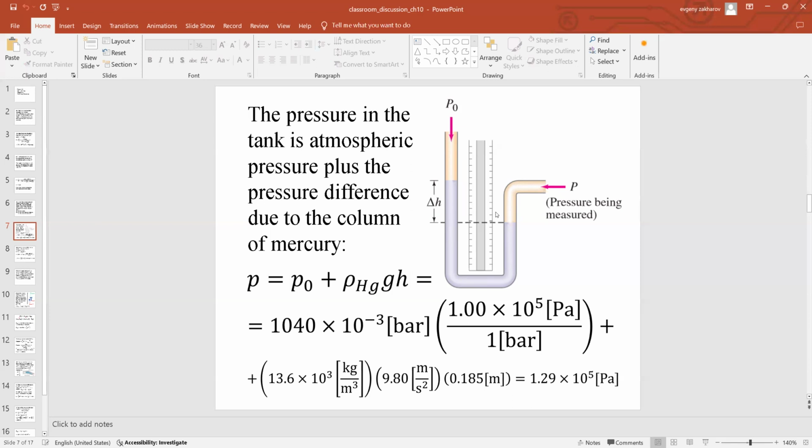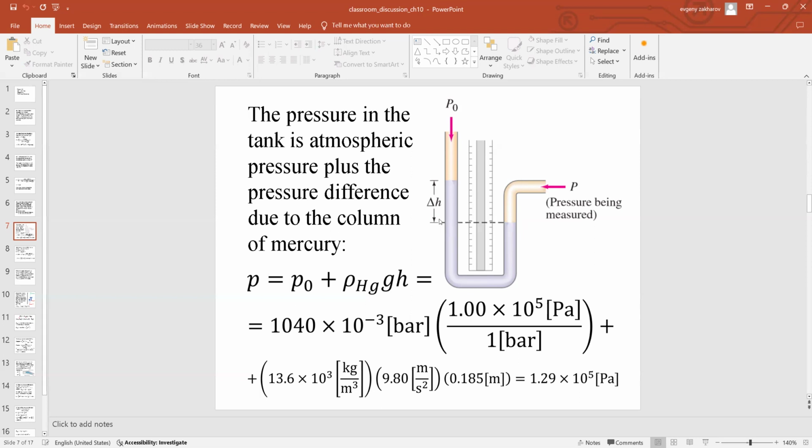So how do you calculate the pressure? First of all, you say same level for the same fluid gives you the same pressure. So the pressure at this point must be the same as the pressure at that point. And this is the unknown pressure that we want to figure out. And this is the pressure that we can actually measure and calculate, which is the sum of the atmospheric pressure on top of the fluid plus the hydrostatic pressure caused by